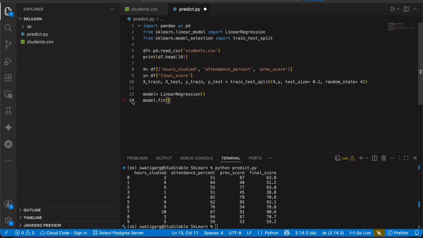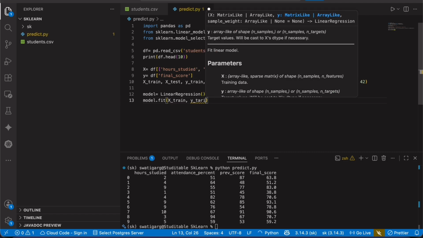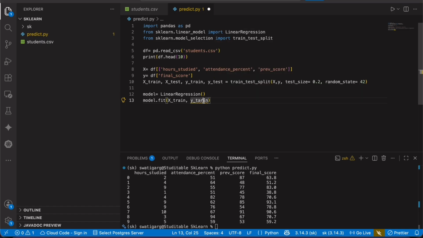And here we'll use the variables that we have used, X_train and y_train, right? So again, capital X underscore train and y underscore train. So we'll take these two variables here. Whatever values you have, put it in X and the output in y. And every time this will check the predicted output, and if it's not close to the actual output, then it will again train itself and finally come to the actual output.